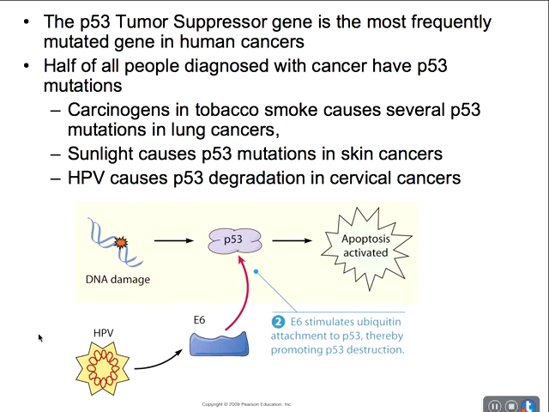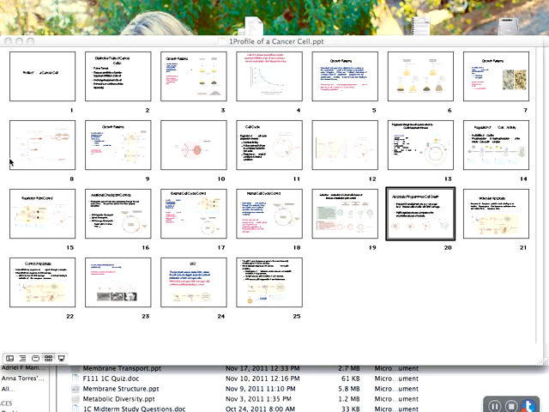Notice I say it's a tumor suppressor gene. There's a handful of genes that we found in the human genome that naturally suppress the formation of tumors. P53 is the big one here, and you know that it does that by getting rid of DNA damaged cells and controlling the cell cycle. It's the big one on that tumor suppressor side, but we'll talk more about tumor suppressor genes in a future lecture. All right, I want to switch gears